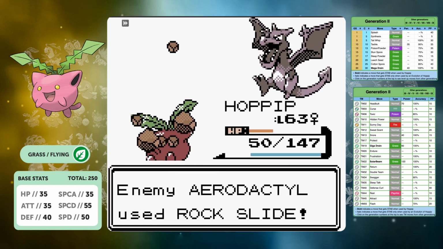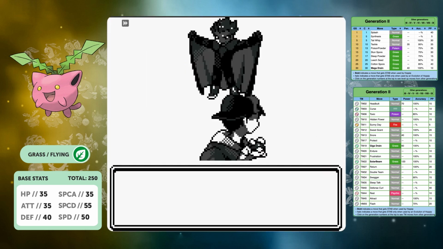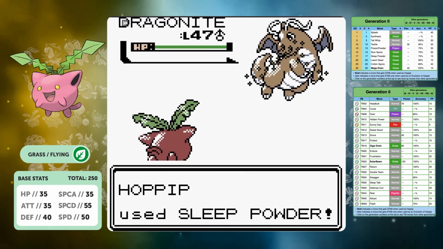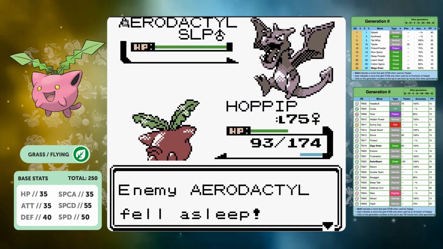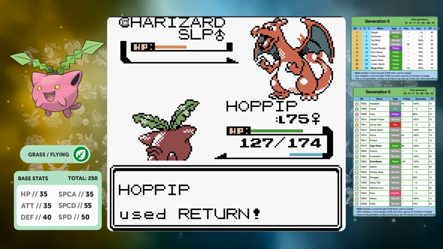The Aerodactyl, of course, is also a big threat because it's got Rock Slide, and I always forget that Rock Slide can flinch. So we take a loss. I tried so many more times, but that Aerodactyl just was immovable. You just couldn't get past it at that level. We used our rare candies, went up to level 75, and only at that level could we tank 2 Rock Slides if need be. Once we've got Leech Seed up, we can start getting our HP back, but the Charizard